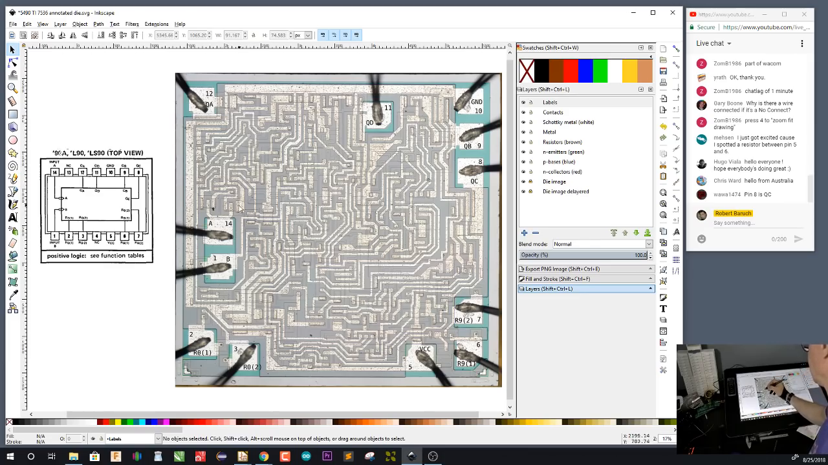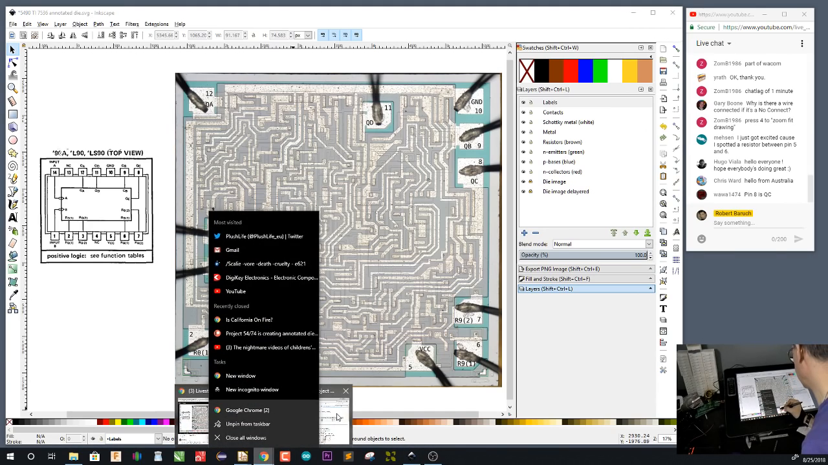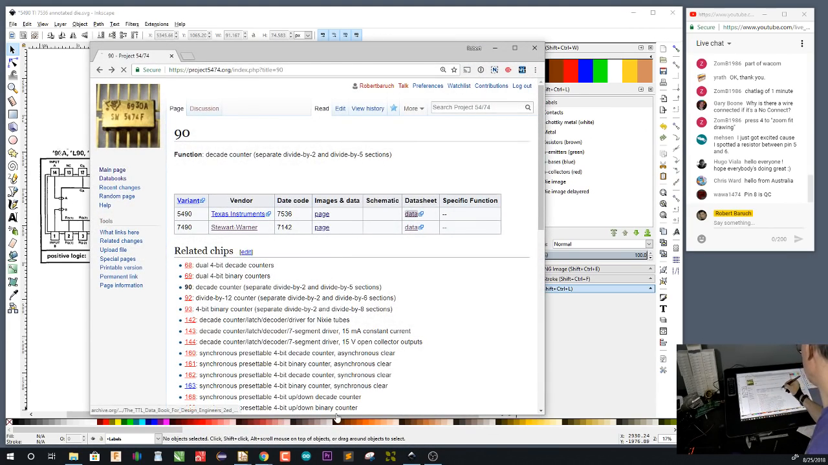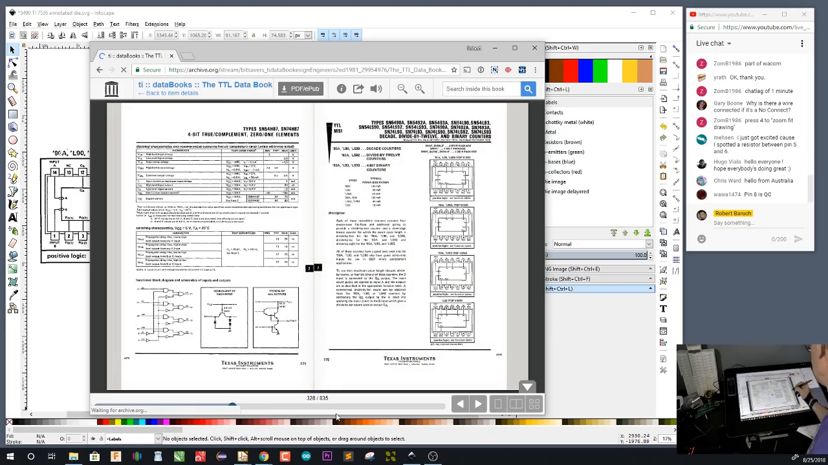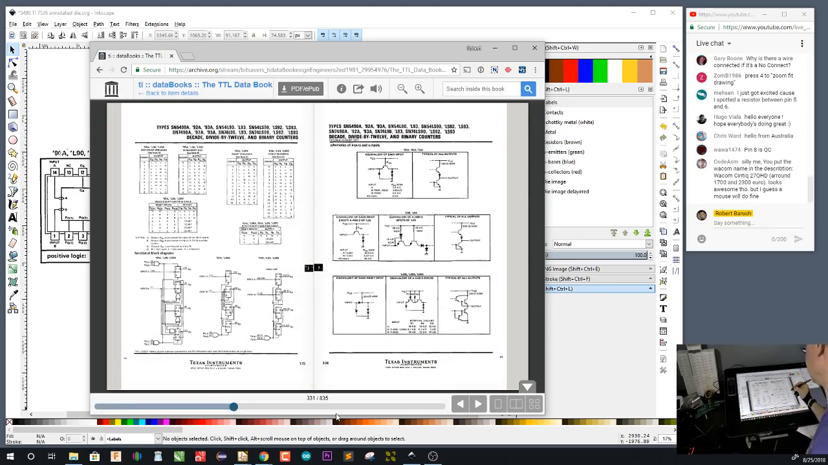Again, you're going to see some sort of typical structure. And if you go to the data sheet, which I probably have here, if you go to the data sheet,